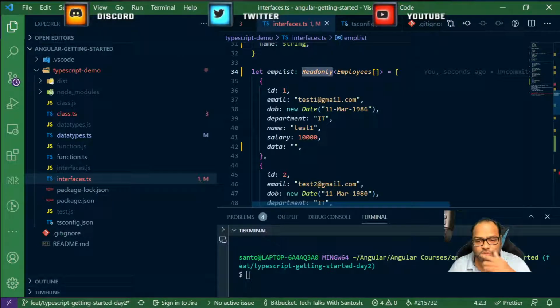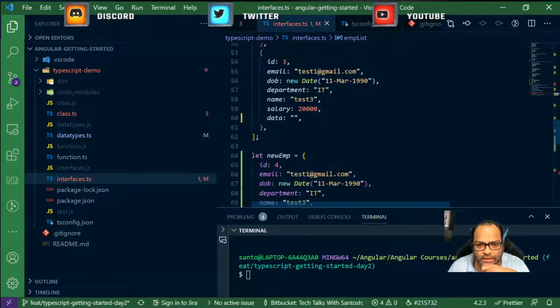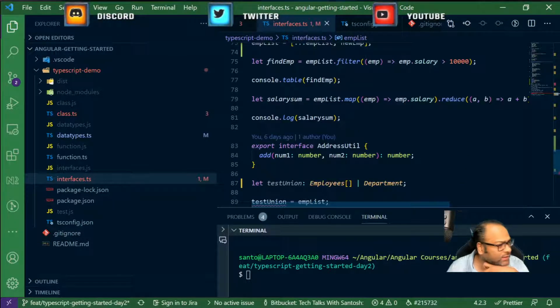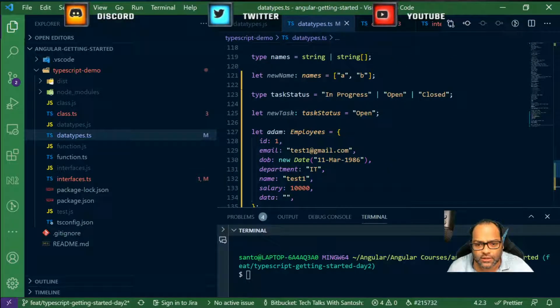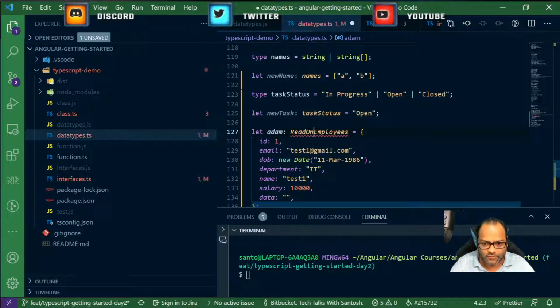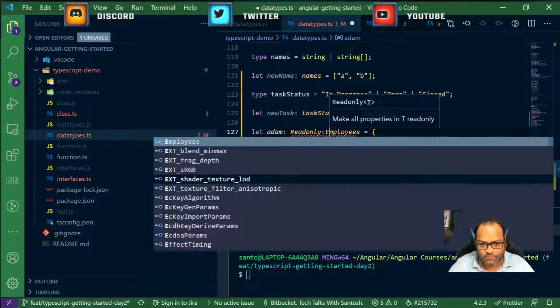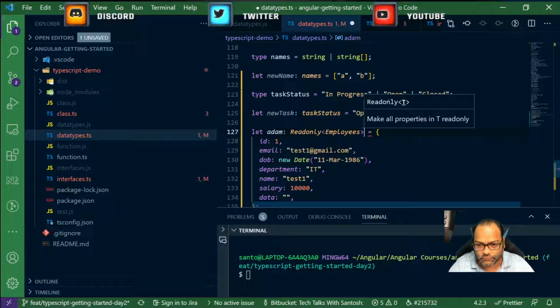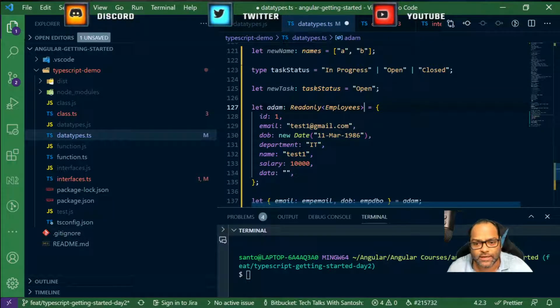So you can actually also do this. Once you change it to read only, this is your read only array, and you cannot mutate the object. So that's the whole idea about this read only property. You can also apply this on objects. So I can also go ahead and do that here. So I can say read only. I'm sure you know what read is, right? So you can only read, and you won't be able to directly mutate the object.